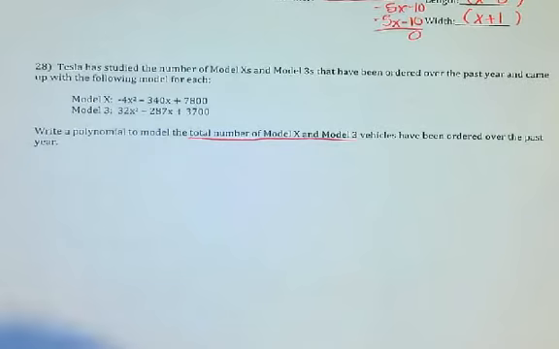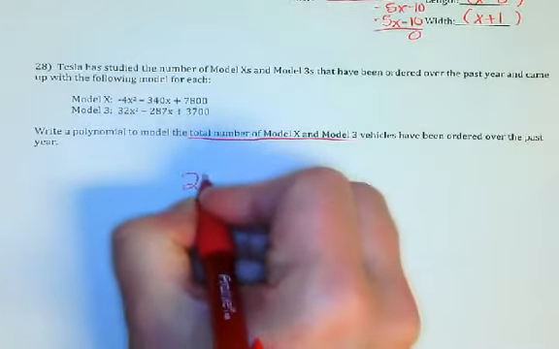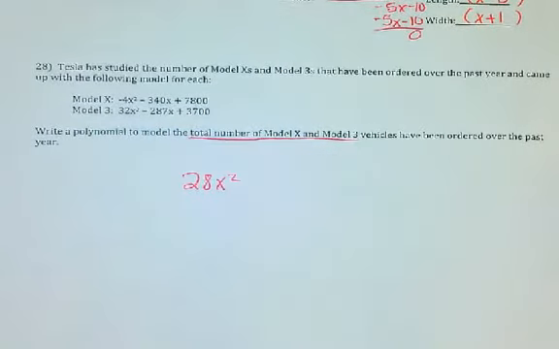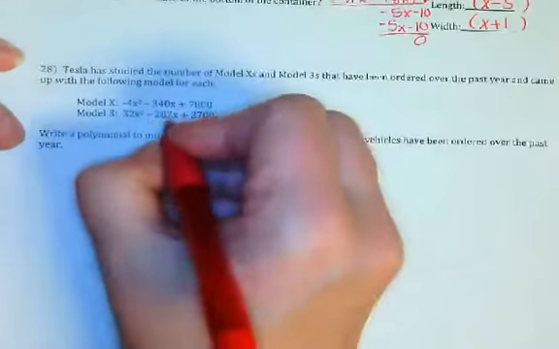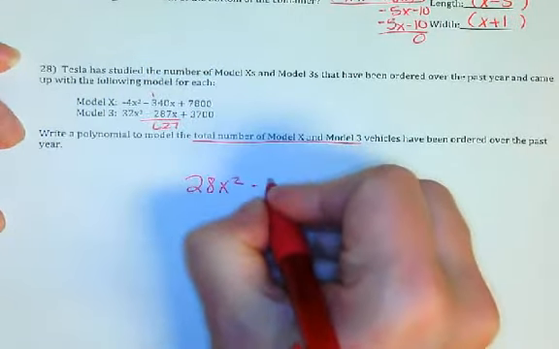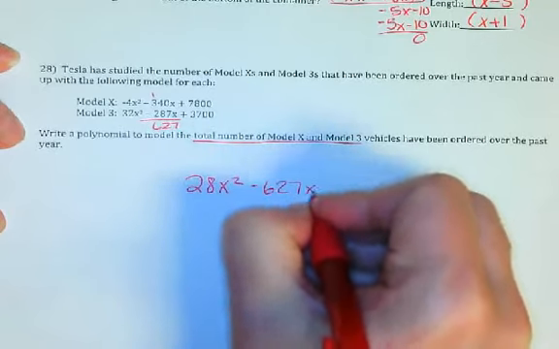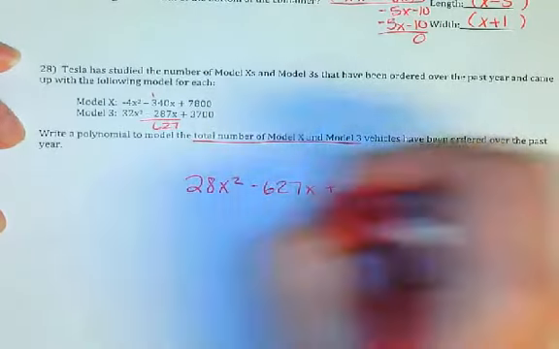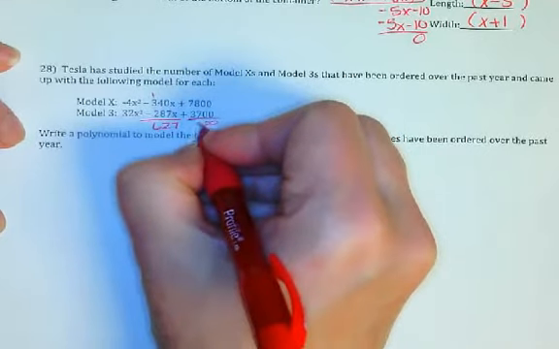So pretty much I'm just combining like terms here. So for instance, 32 minus 4 is 28, so I'd have 28x squared. Negative 340 and negative 287 would give me negative 627x. And then if I add those, I get